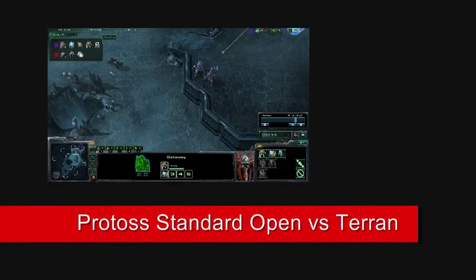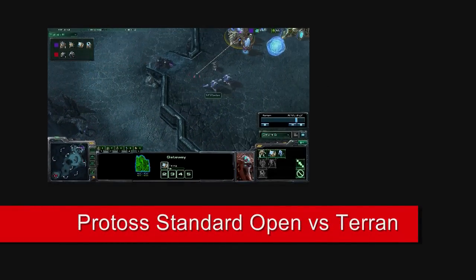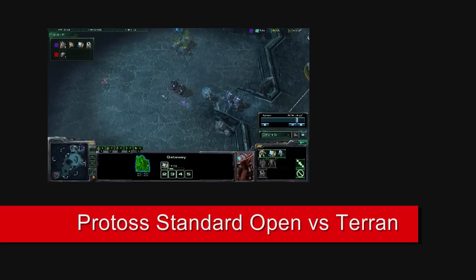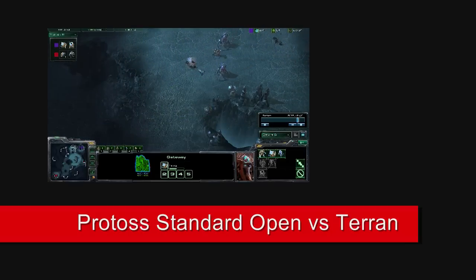Now he's going to be moving forward with these Marauders, which can obviously do a lot of damage to the Stalker, so we're basically just going to want to do some good micro, try to pick him off as much as possible. We're forcing him to run back by chasing him with the Zealot, and then while he's running away, we're picking him off with the Stalker. If that Zealot wasn't there...